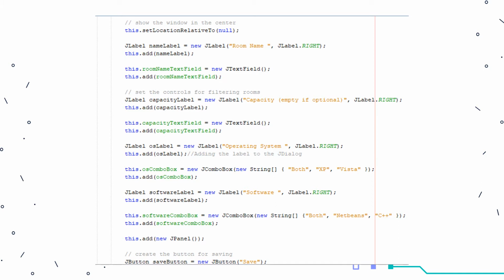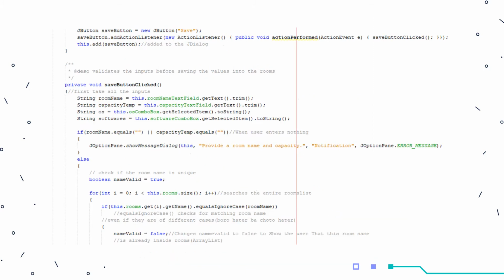And then from the line J label capacity label until this dot add new J panel, we want to set the controls for filtering rooms. And from J button save button until the next slide, we want to create the button for saving the progress of the user's choices. So after the user clicks the save button, we will check whether the user entered the input or not. If the user enters nothing, we will show the error message. And if the user enters an input, we will check if the room is unique or not, and then we will search the room name,